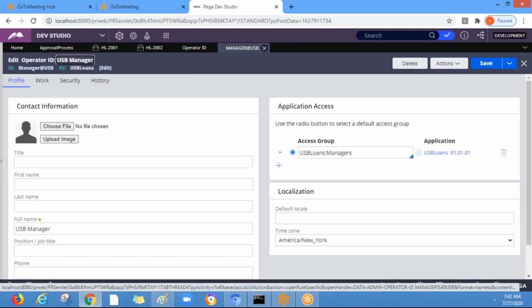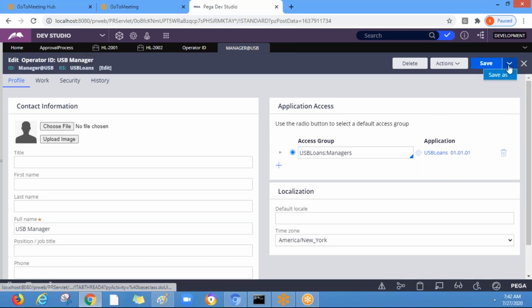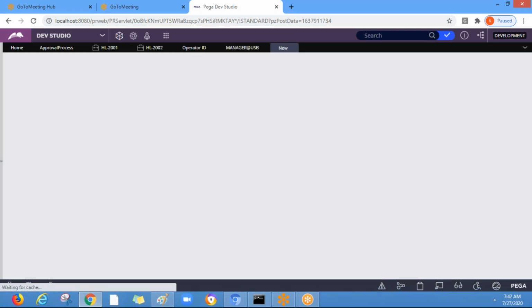So you can save as with the name USB loan officer 1.